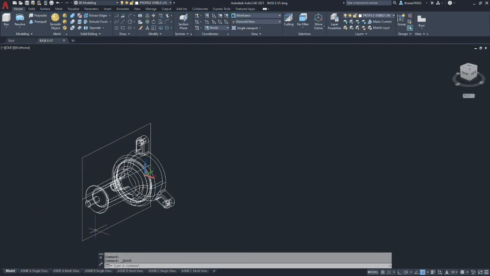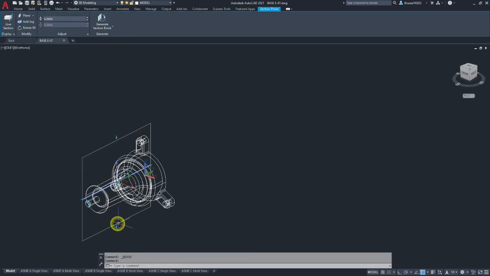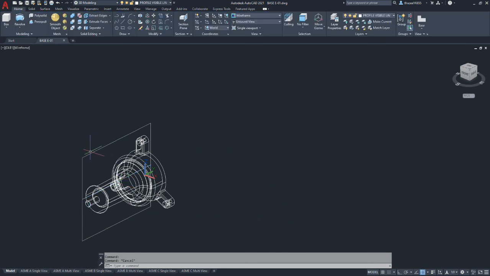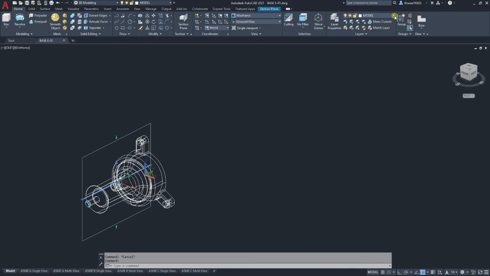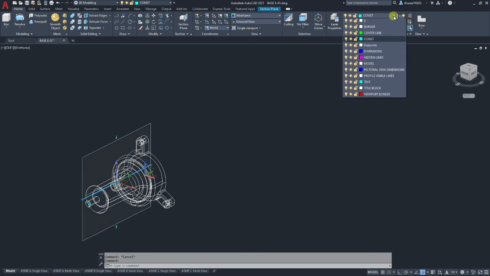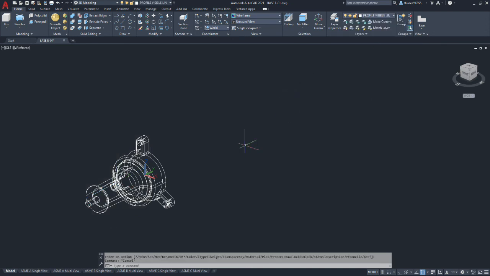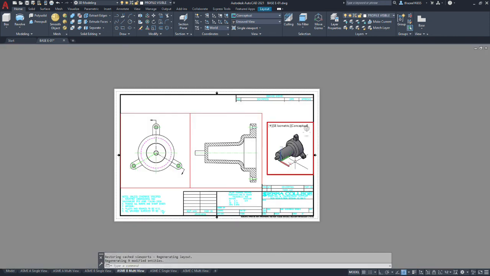Now we do want to hide this section view here. We don't want that showing up. So our section plane, you're going to select it, and we're going to put it on a layer. Let's put it under construction, and that way we can make that construction layer hidden, and that won't show up in our layout. So go back to B multi-layer, and we have our entire model here.